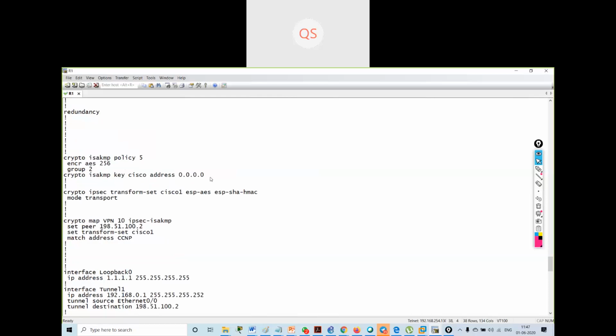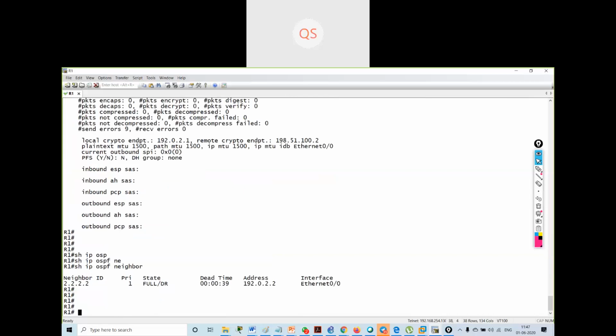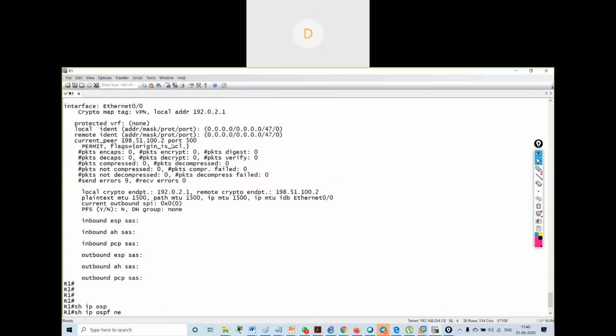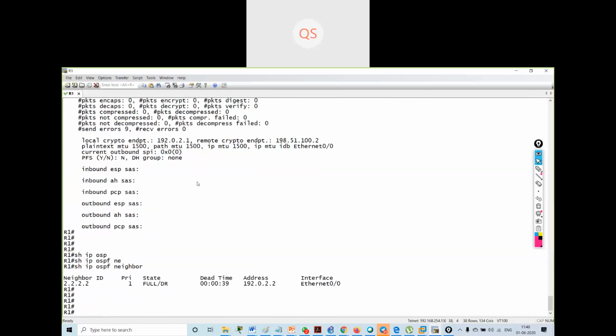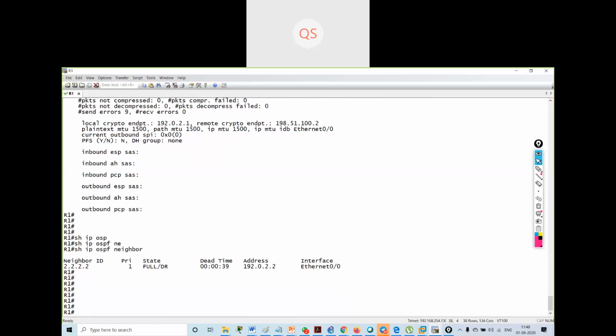What is the configuration of the other one? Sorry, are you not supposed to advertise the tunnel in OSPF? I have already advertised these interfaces, so there is no need to advertise it in OSPF. Other router config. There is nothing to be there on the other router configs, R1 and R4.